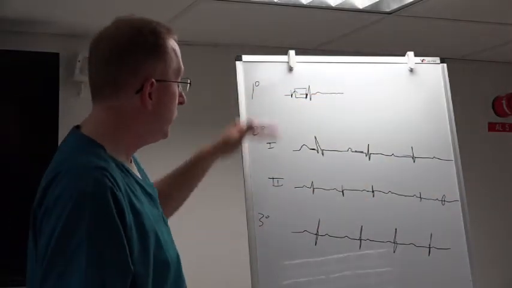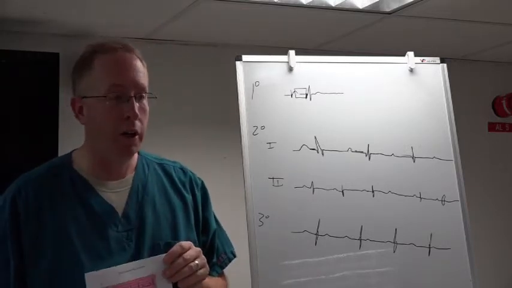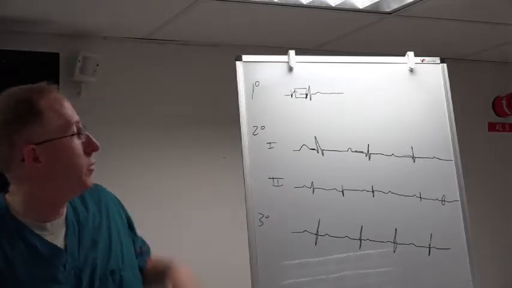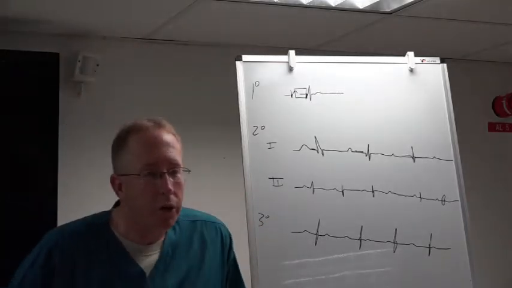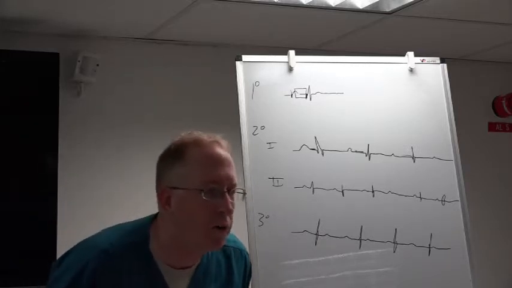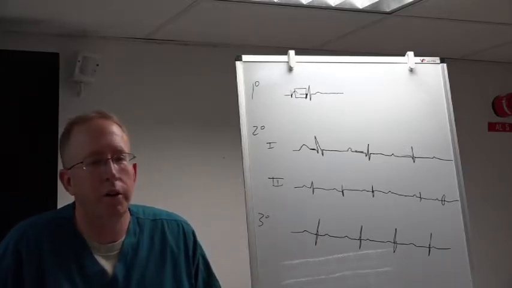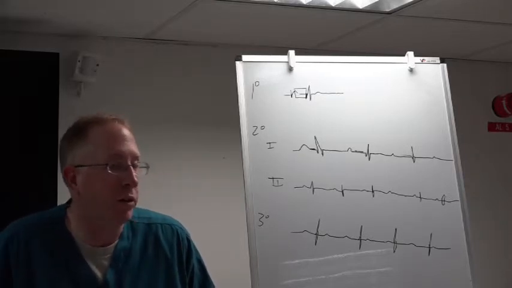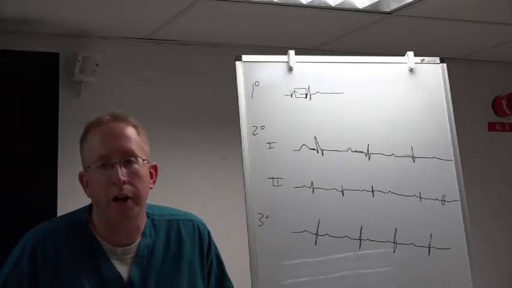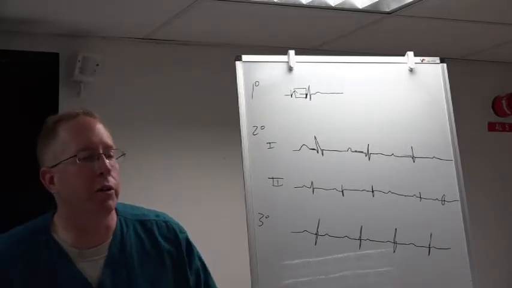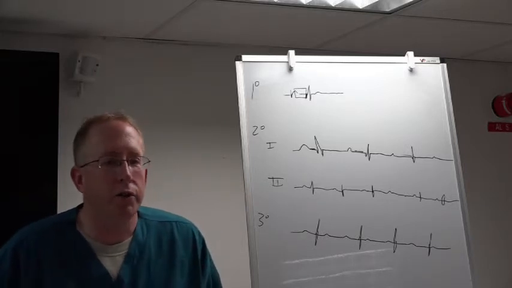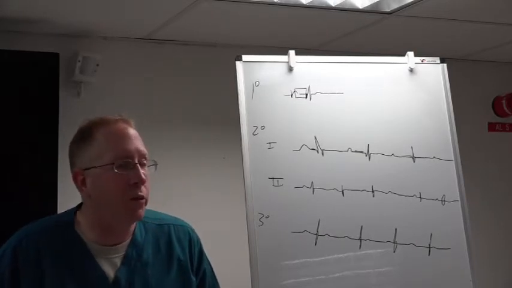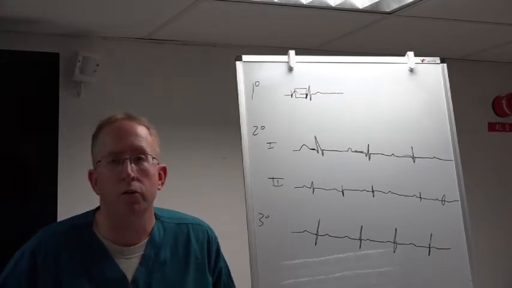So those are the major heart blocks that you want to be concerned with for the ACLS test. On the written portion of the test, that's when you've got to be able to identify it. During the megacode, you're not going to be expected to look at the monitor and say, that's a second degree type 2. What you're more concerned with is being able to treat the bradycardia or whatever condition the person has, rather than recognize it during the megacode. But it's a good way to get a couple of questions right on the written test, just to know this. Best thing to do if you can't really remember it is, when you're taking your actual course,